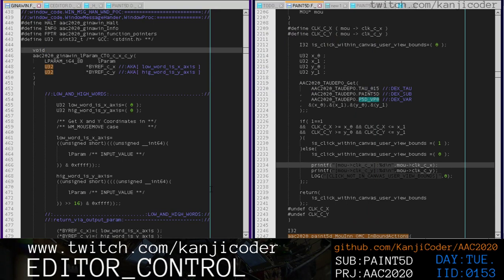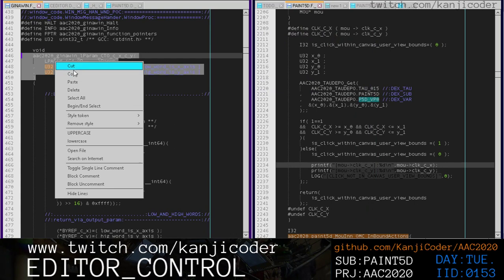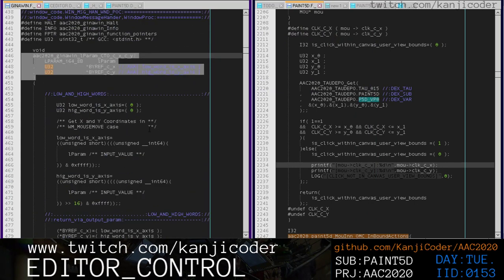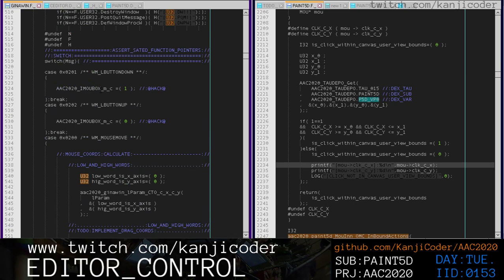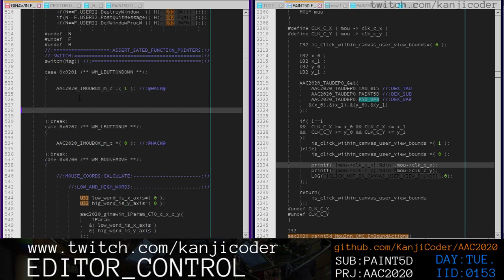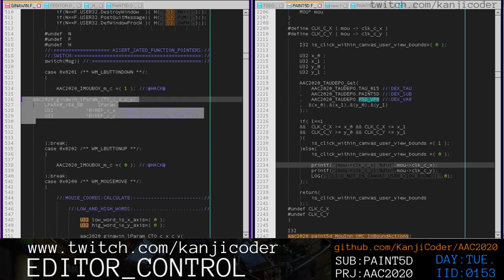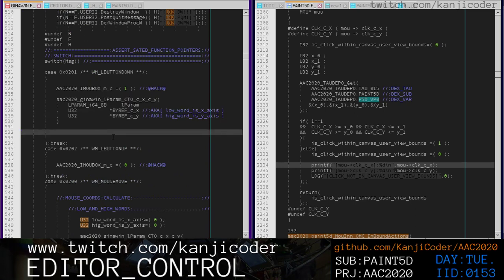So we can take this code here, and we can use it to help ourselves in the case of... So, for here, the mouse click, we're going to say right here, now the mouse click in terms of iMouse boxes, is